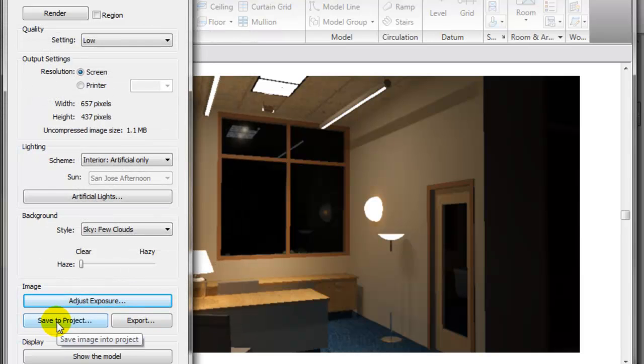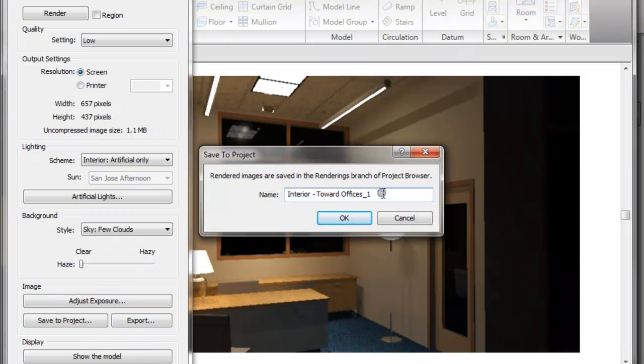Again, don't throw away the renderings, so save them to your project. So this is nighttime